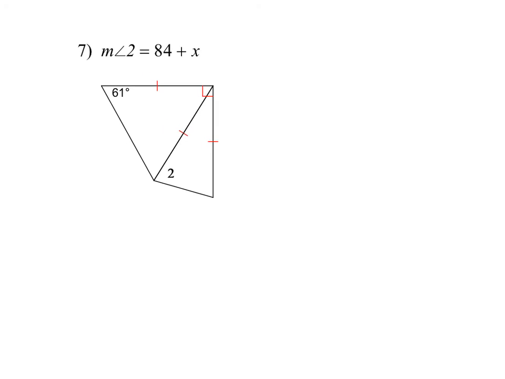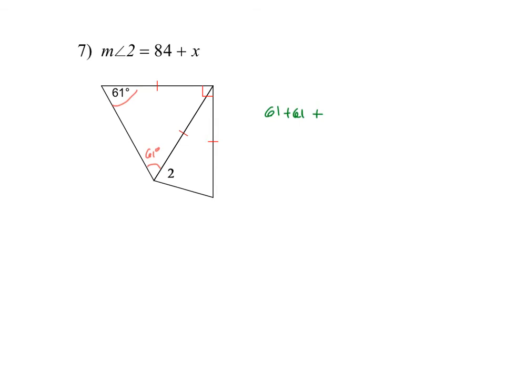Okay, so the next one, again, this one is 84 plus x, angle 2, right? So I'm going to start by finding out this information right here. Right, so in this case, I know that this angle is congruent to that one, so this angle is 61 degrees. Right, so 61